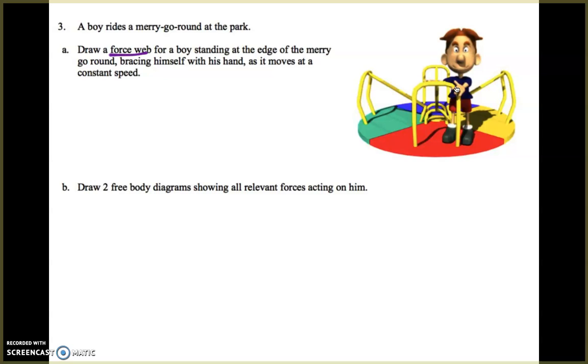So when I'm doing a force web, that means that I'm representing each different object in a situation and how they're interacting. So we have a boy standing on the edge of a merry-go-round. So we've got the boy, we've got the merry-go-round,